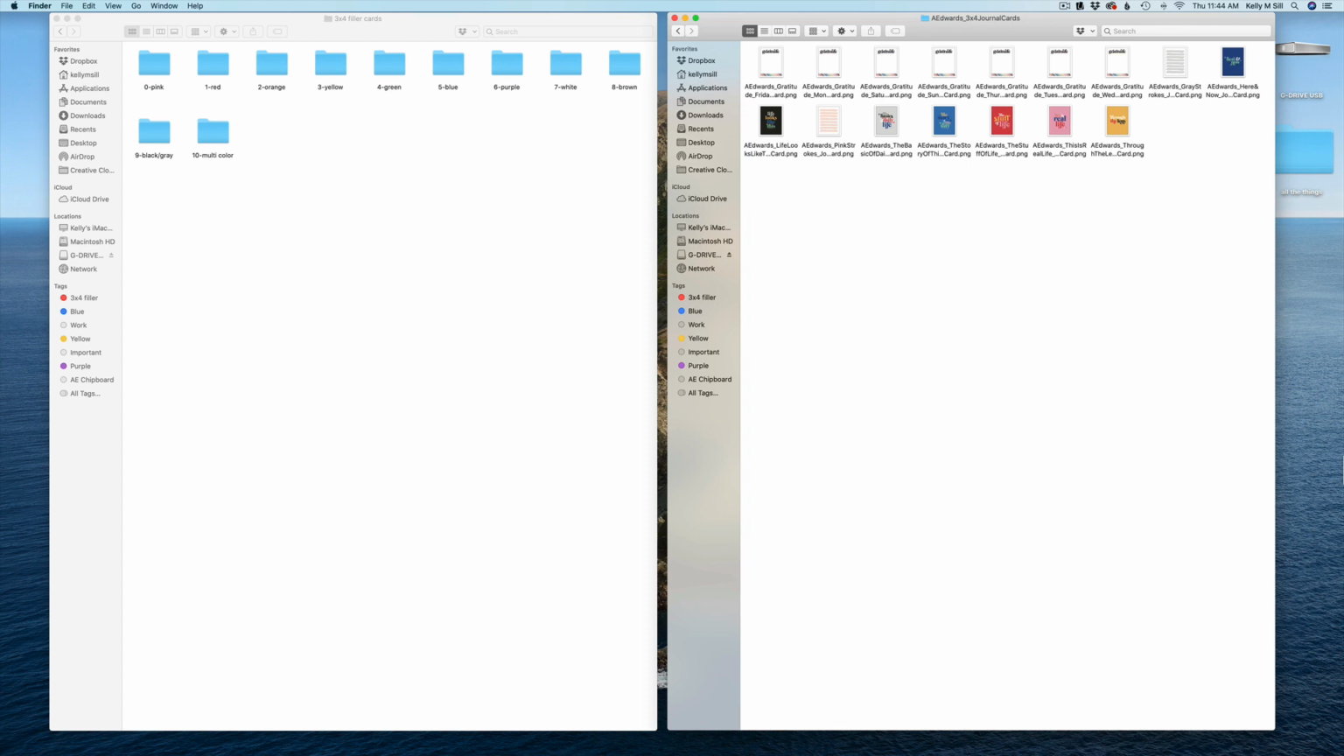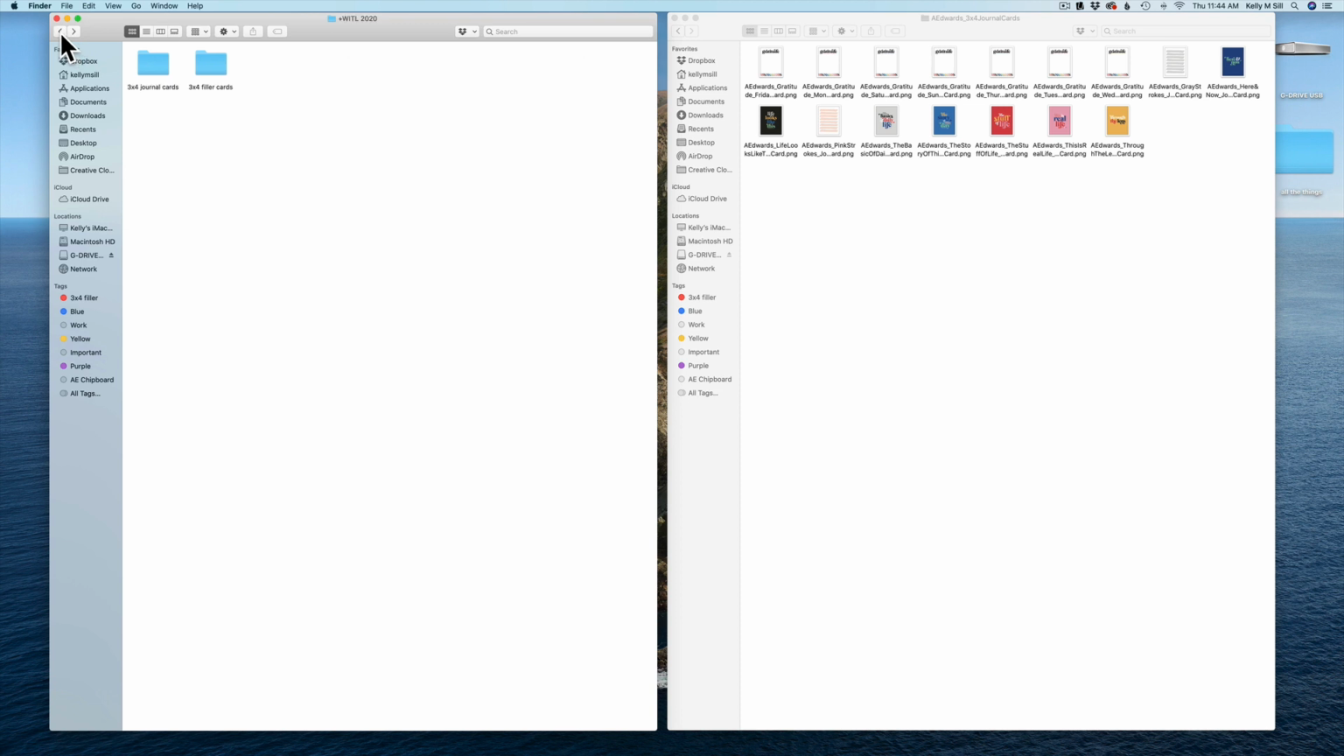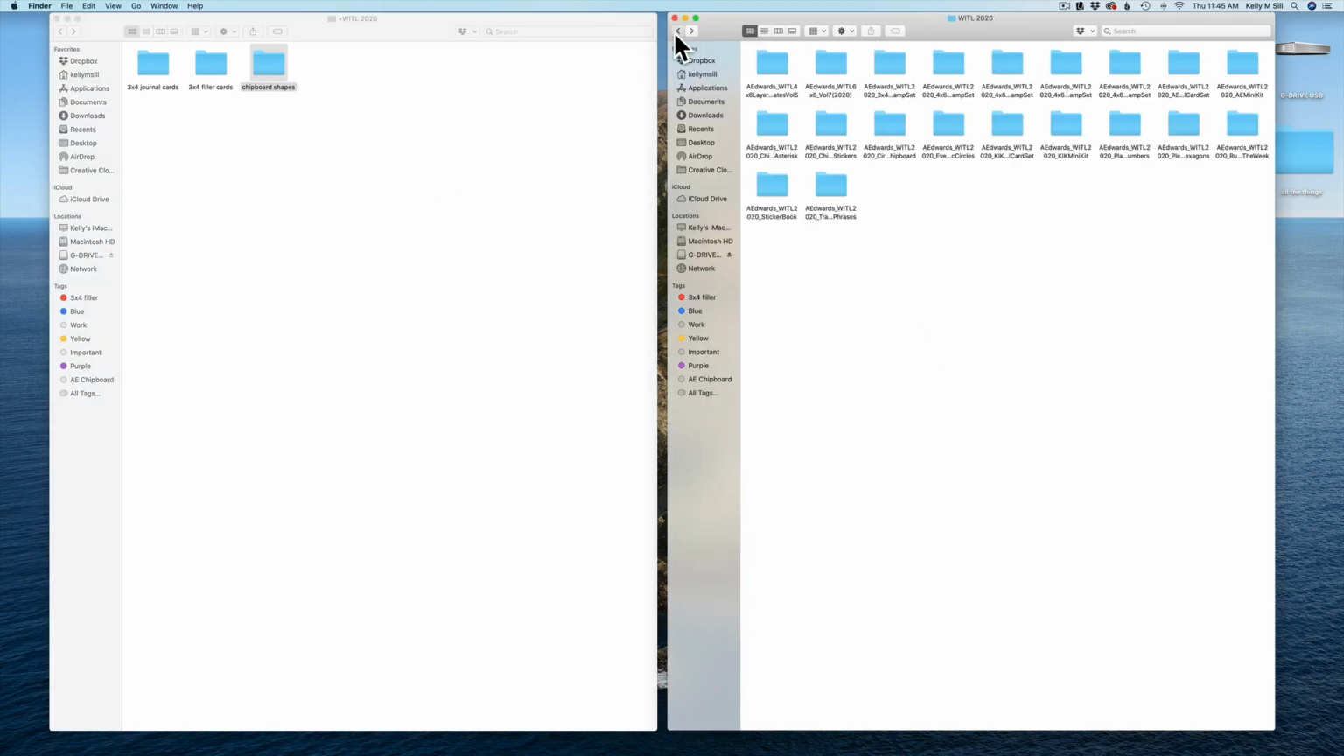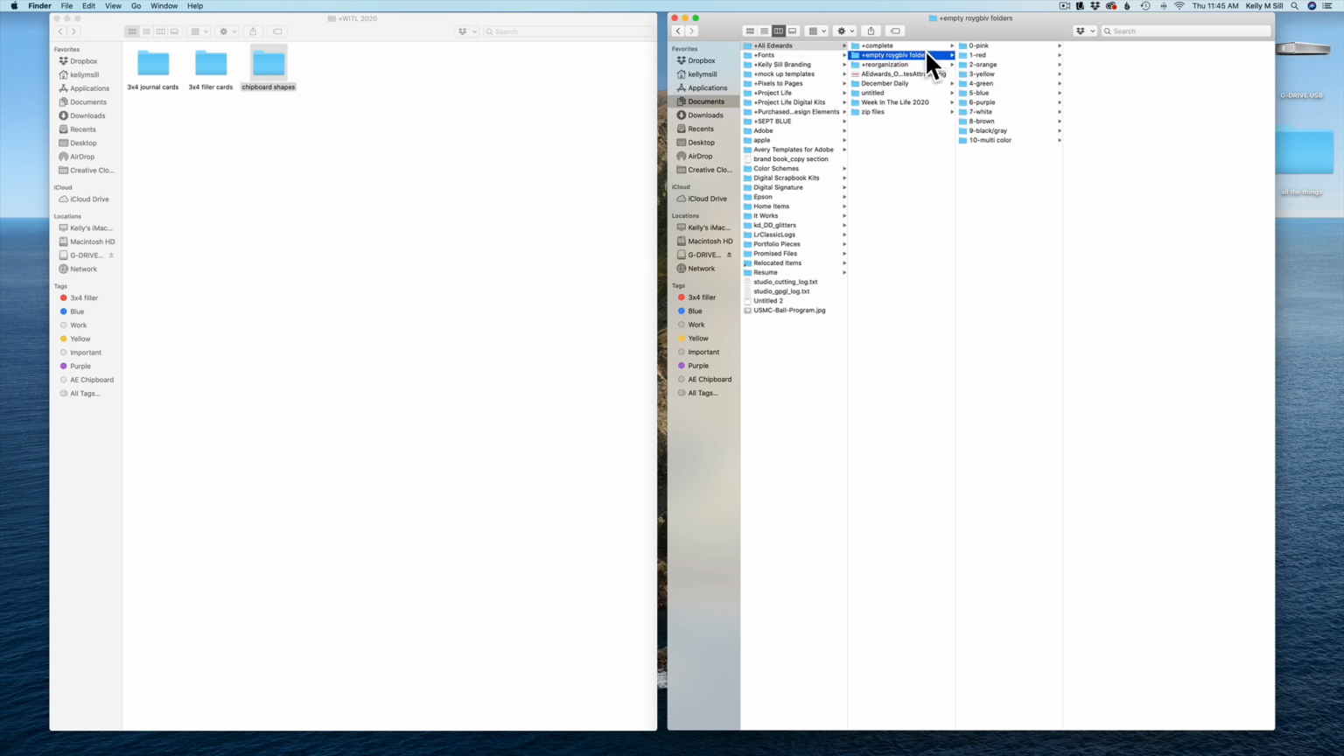Okay, so I want to do a new folder in my iCloud Drive within the Week in the Life folder, and this one I'm going to do something with the chipboard pieces. So I'm going to go chipboard, shapes, then I'll come back over here and grab those Roy G. Biv folders,